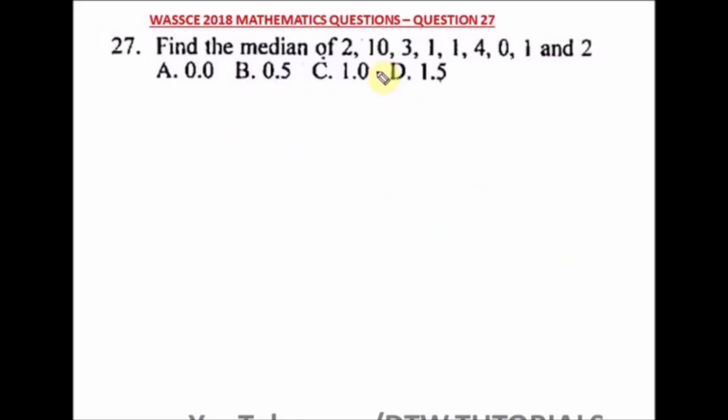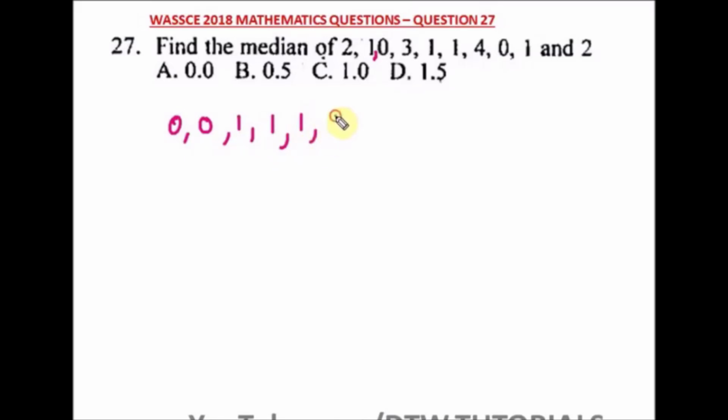Question 27 of WAEC 2018 mathematics past question. It says find the median of 2, 1, 0, 3, 1, 1, 4, 0, 1 and 2. To find the median is to find the middle number. So all we need to do is rearrange these numbers in ascending order. We start with 0, 0, 1,